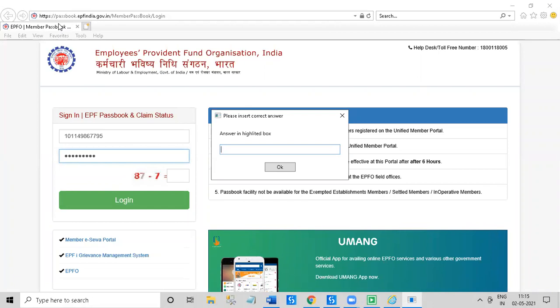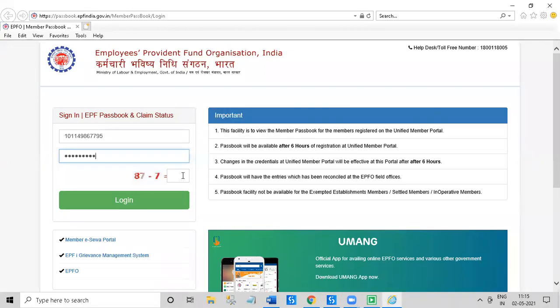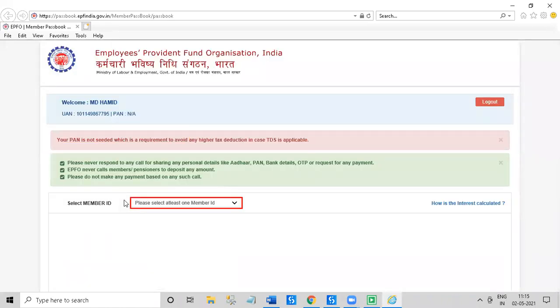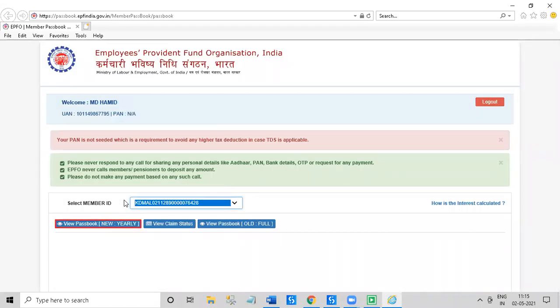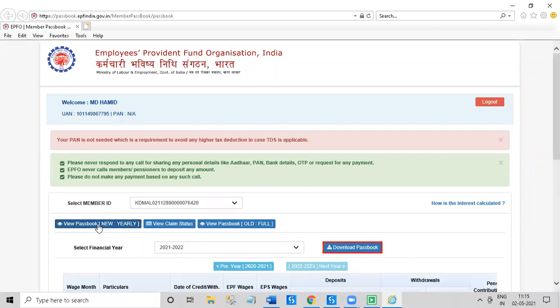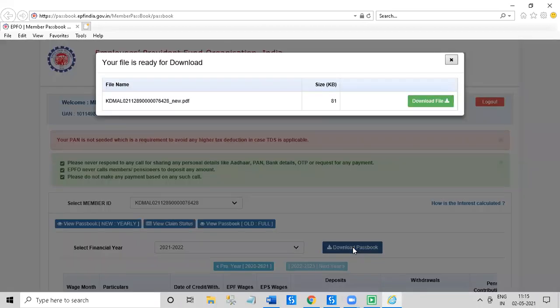As soon as I provide the captcha over here and click on okay, this input dialog will go in, and after that it will start moving ahead. Okay, it will download the passbook.